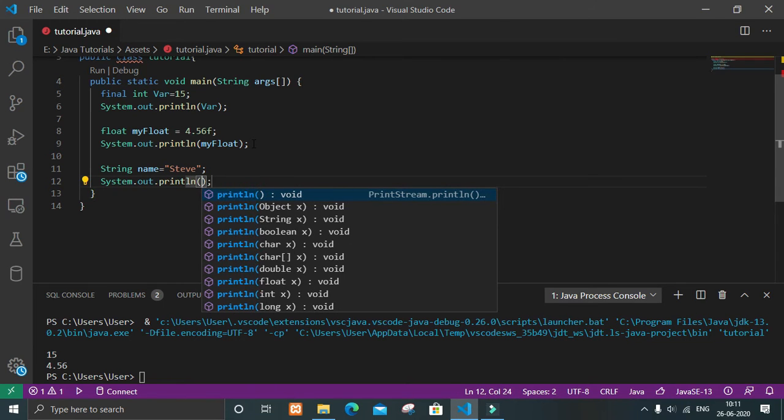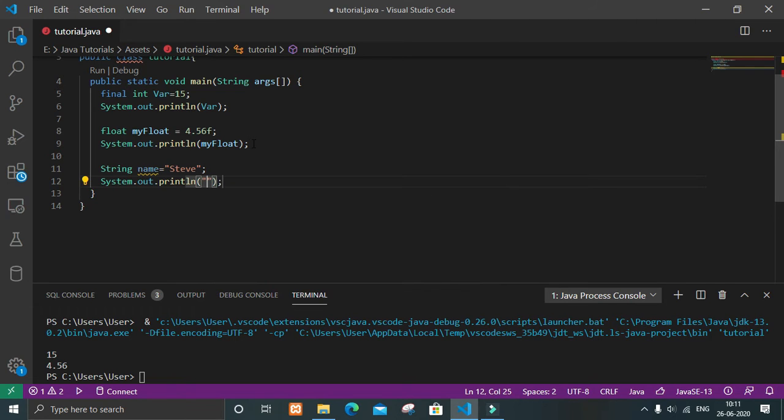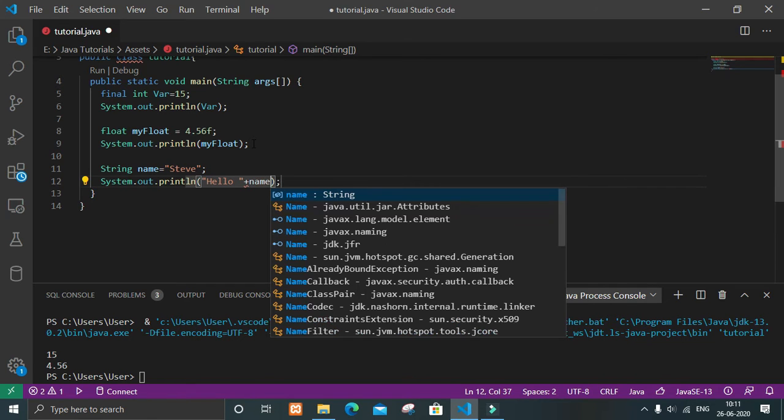For that, first of all, what you want to say, you have to write, let it be hello, and give a space, then concatenate it. By concatenate I mean joining the sentence. And we write name.